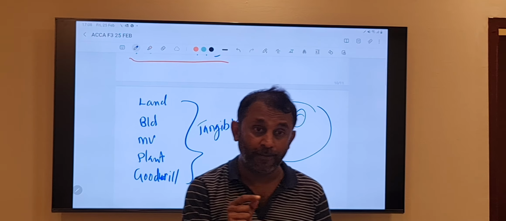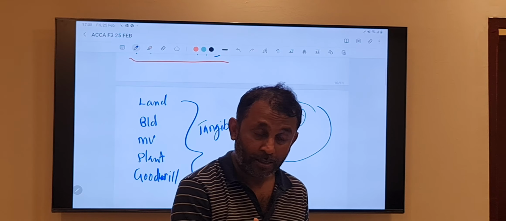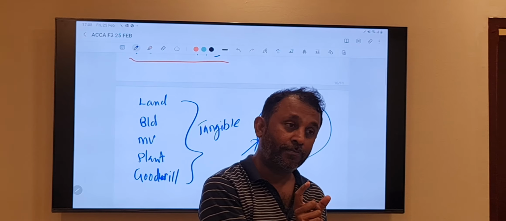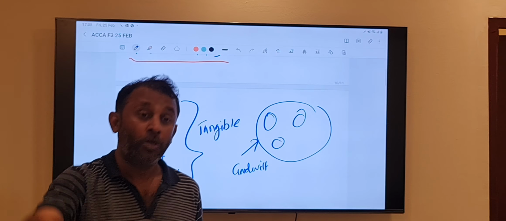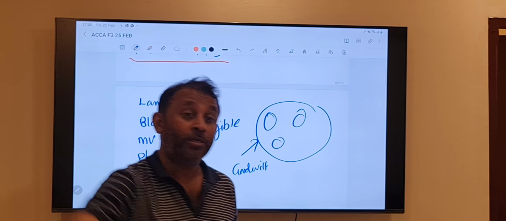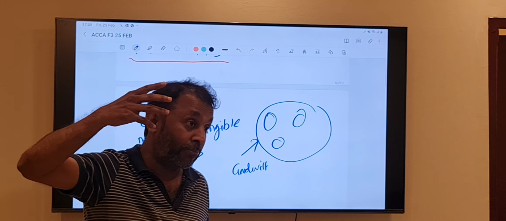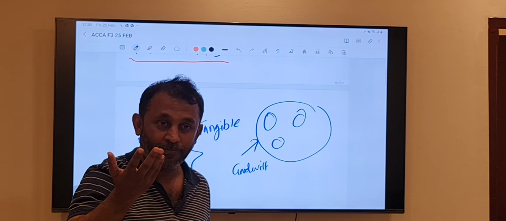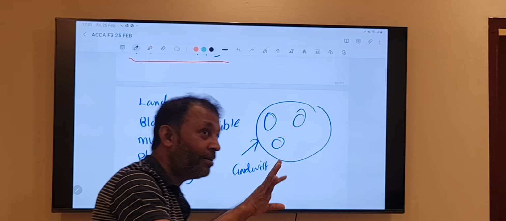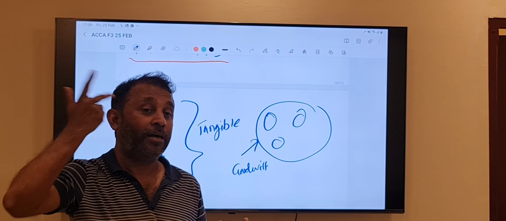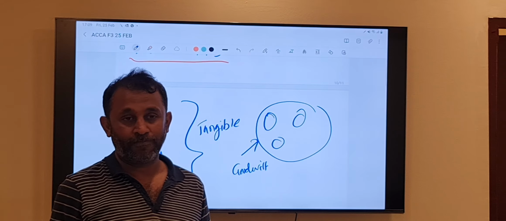Whereas goodwill is an asset that brings resources. See, the definition of asset is what? Those resources should bring economic benefits in the future. Because I have goodwill, am I getting economic benefits or not? Obviously yes. But can I see the goodwill? No, it's in the cloud, it's in the air. Any special business is like that.